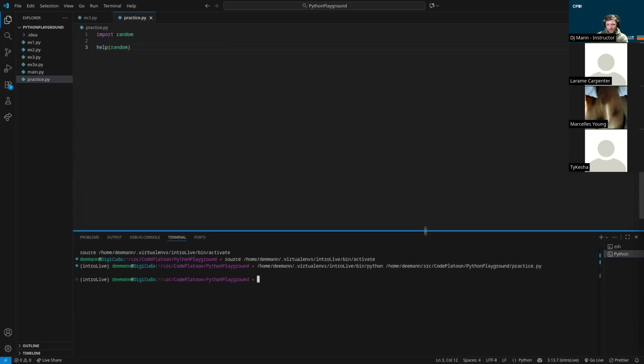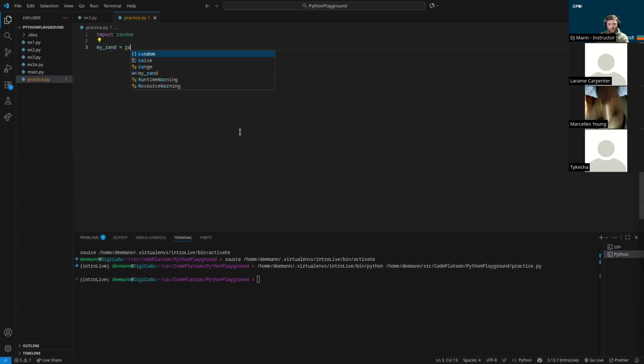Okay. So importing is as simple as that when it's still part of the standard library. The random module is still packaged up with Python. So all you really have to do in this case is import random. And if we want a random number, we can go random